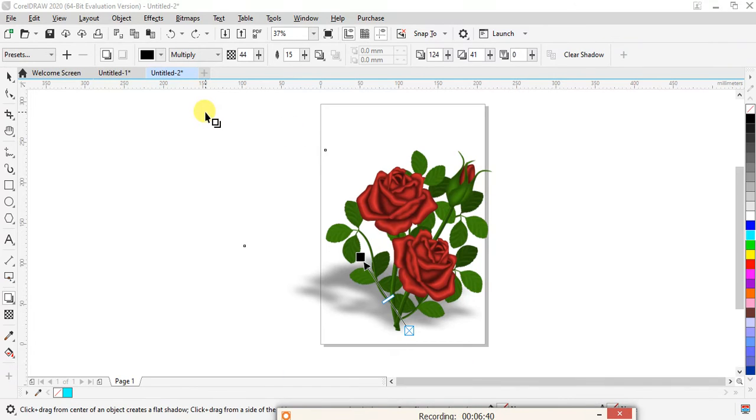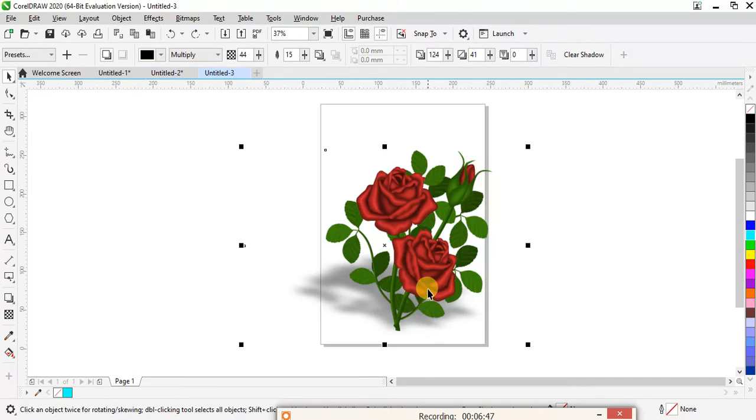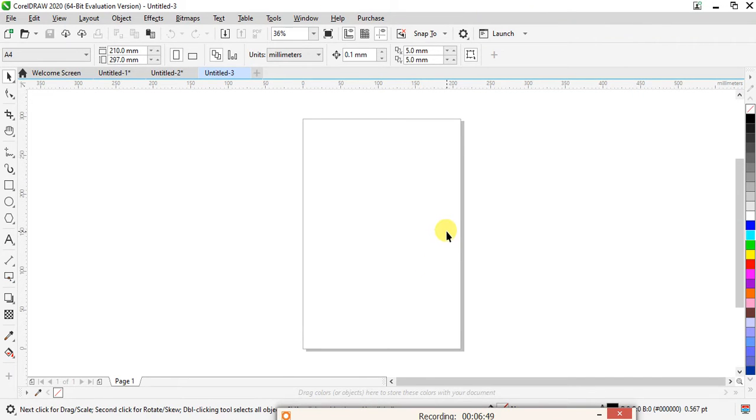Now the next tool is the interactive contour tool. For that also we'll take one blank document. Okay, now what I will do is I will write some text, or we can say contour. Okay, so first of all